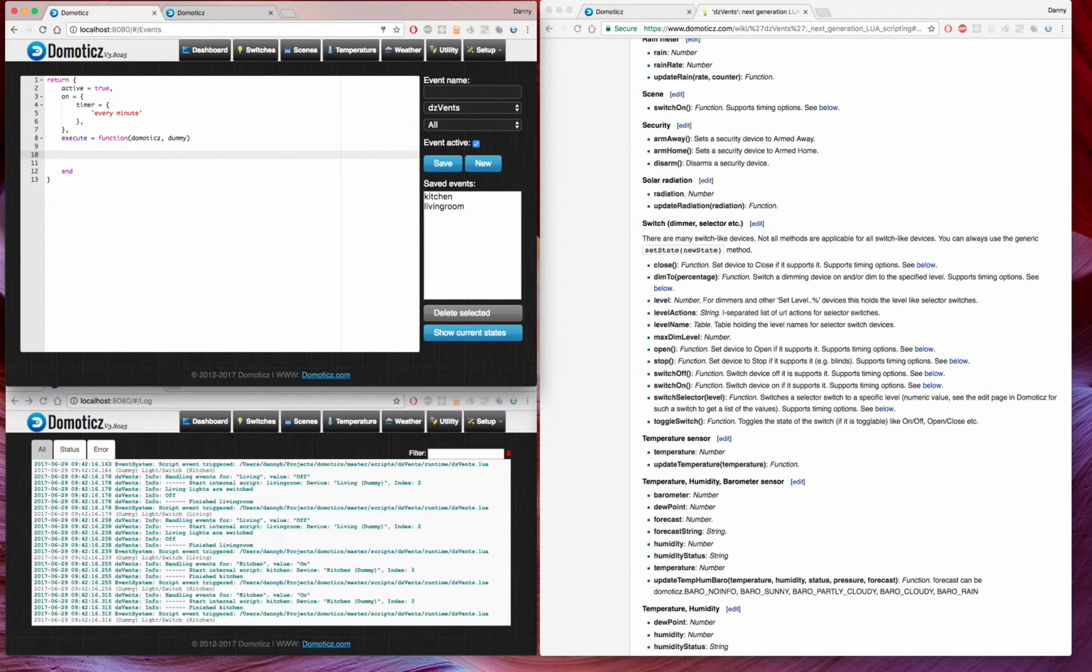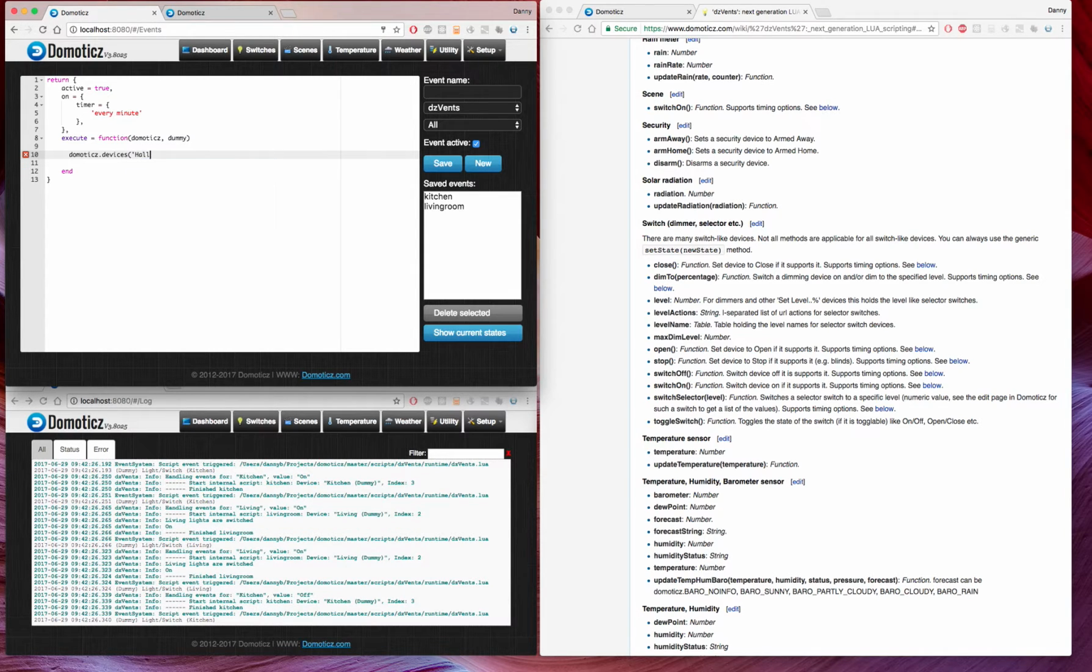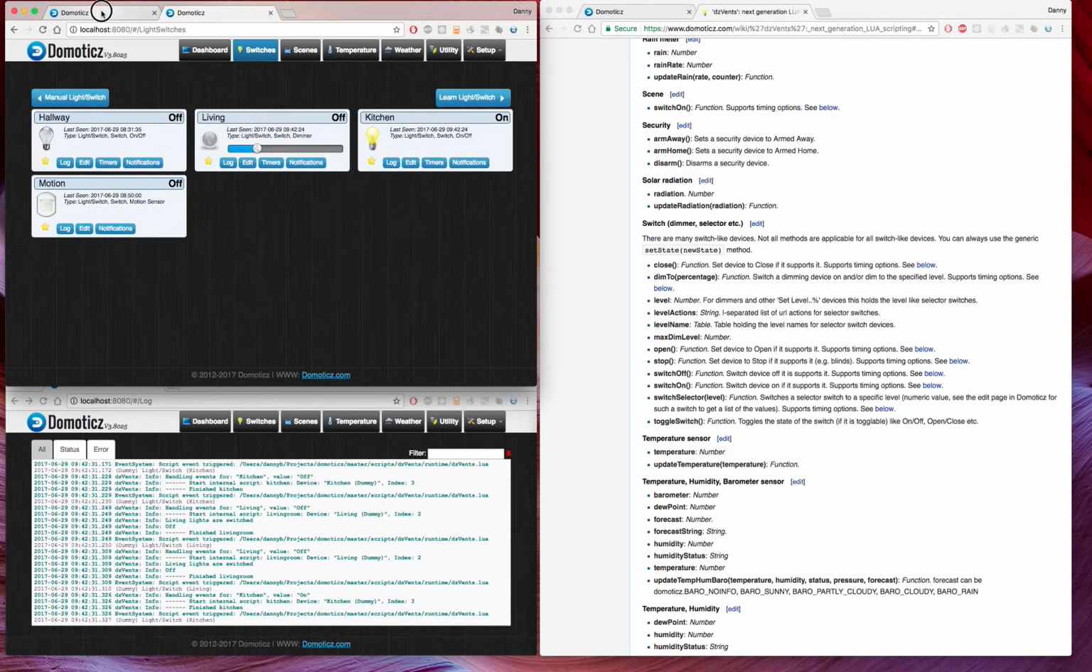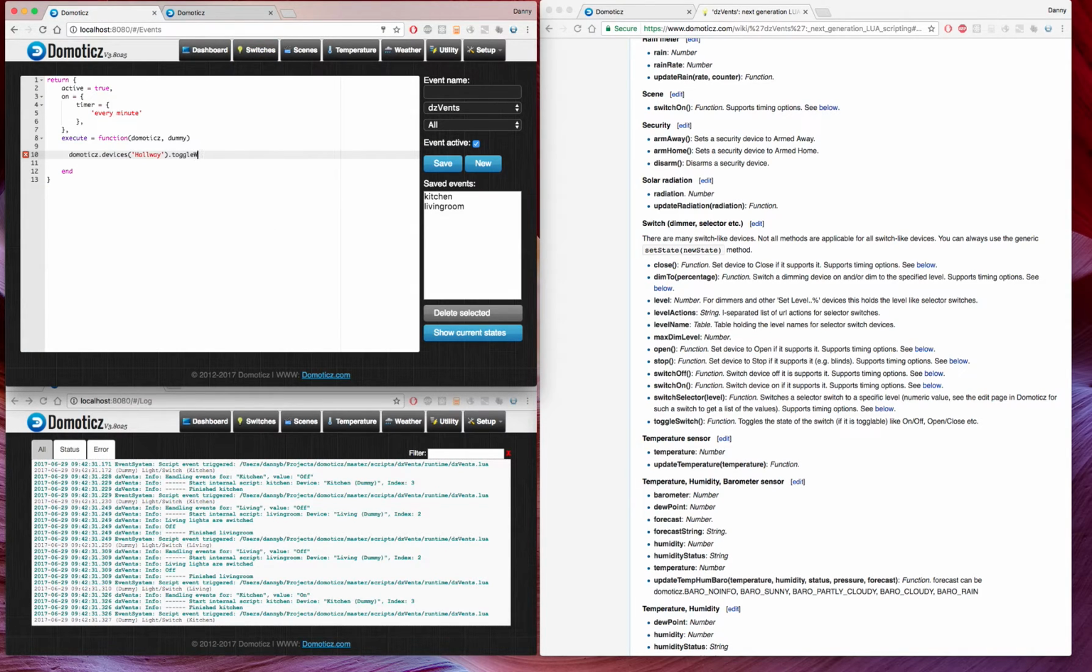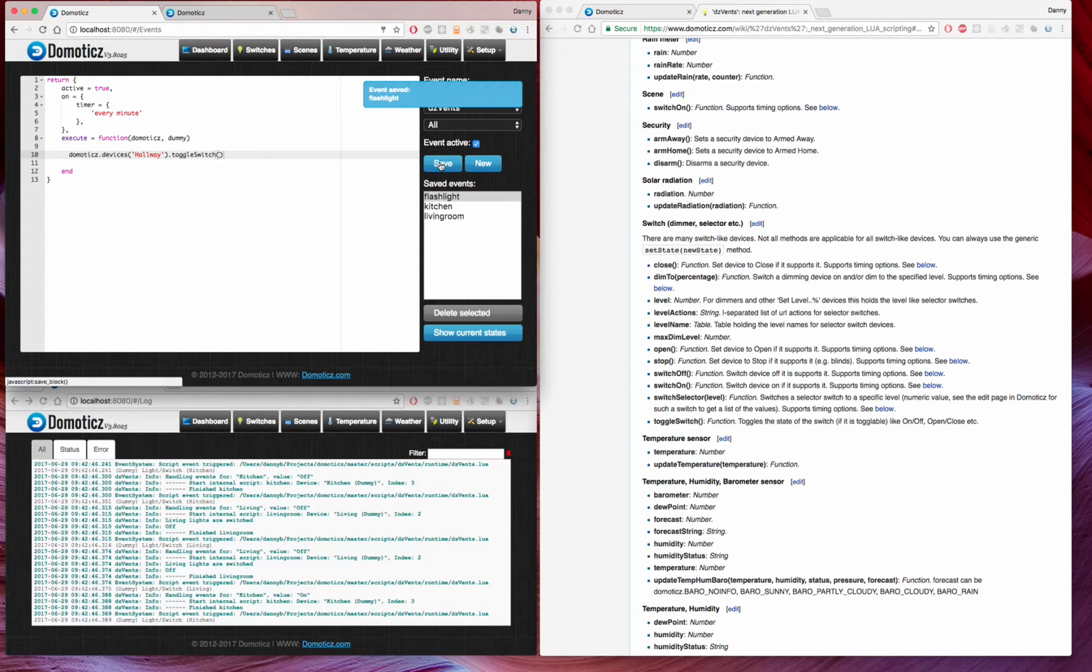So every time the script is triggered, we're going to toggle the hallway. So we again use the Domoticz object, devices, hallway, that's the name of the device, you can see it here, hallway, and we say toggle switch every minute. Okay, we say flashlight, save. All right,